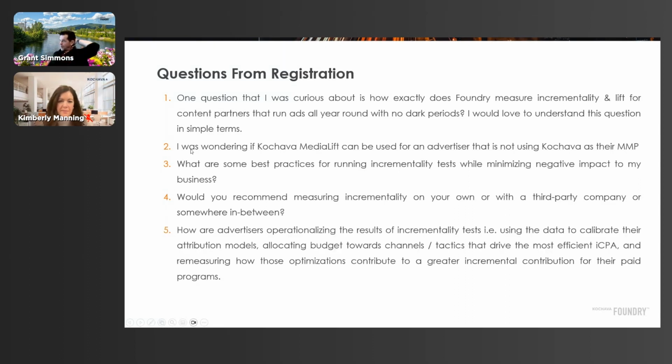Last one, how do advertisers operationalize the results of incrementality tests? Yeah, so it's a pretty wide spectrum. I'll say where we are on a handful of clients. There's a handful of clients where we've been doing ongoing lift and causal and contribution measurement. The exercise there is, can we generate a coefficient fast enough such that we can pipe it into their BI tooling? Meaning, can we actually create a coefficient to operationalize?